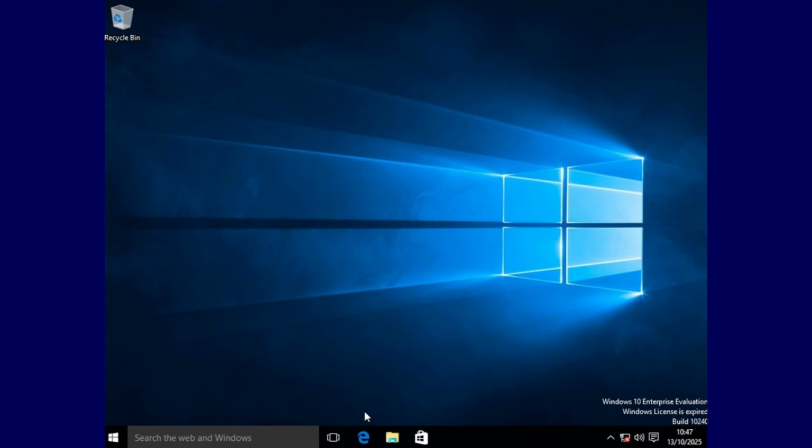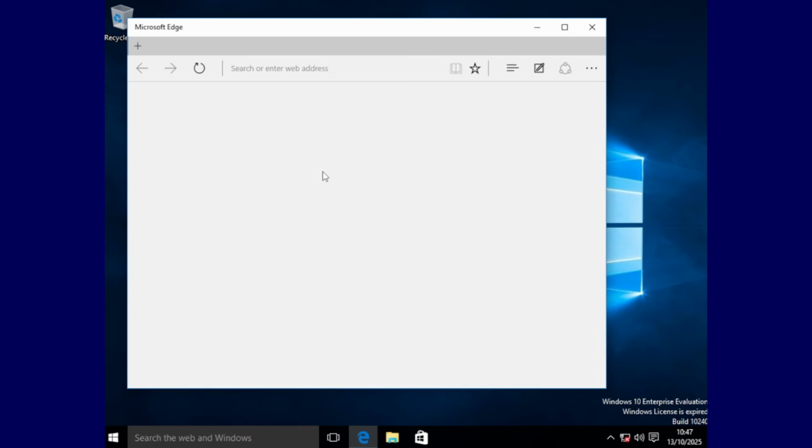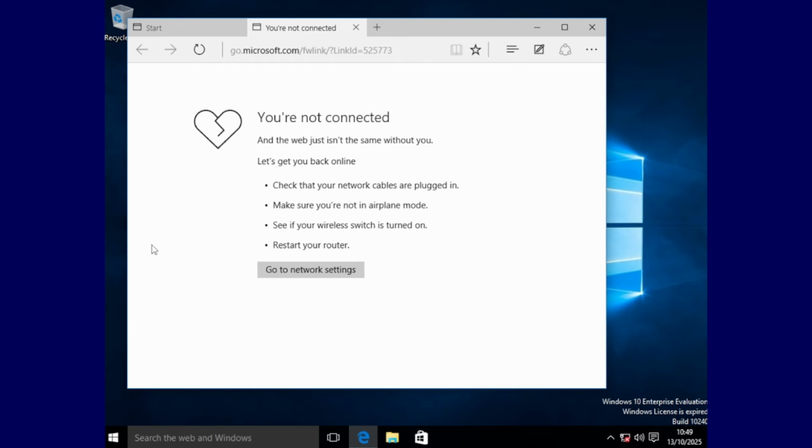Firstly, while we do have a blue E on the taskbar, that does not take you to Internet Explorer. That actually would take you to the very first version of Microsoft Edge. So Microsoft Edge was a brand new browser from Microsoft. It was a departure from Microsoft Internet Explorer and was the start of a new era of web browsers from the Redmond giant.